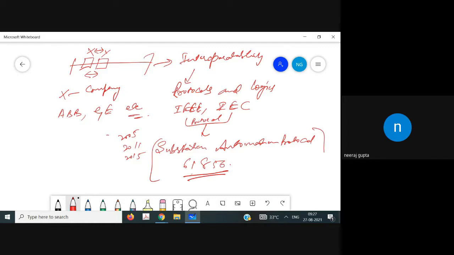So these are the protocols, and this is also known as interoperability. So all these IEDs that are manufactured by all the manufacturers are compatible with this IEC 61850 protocol. A special function performed by these IEDs is that, for example, they have features like auto reclosing function, self-monitoring, and communication facilities. So this is all about the different types of relays.